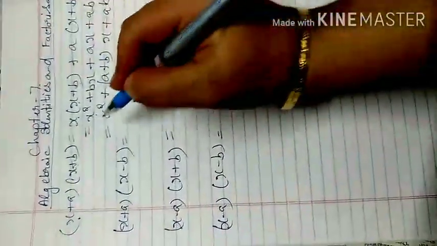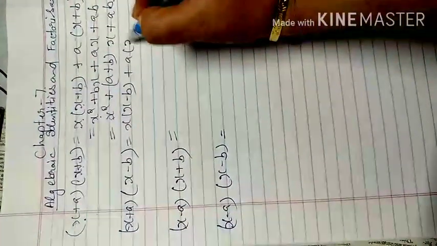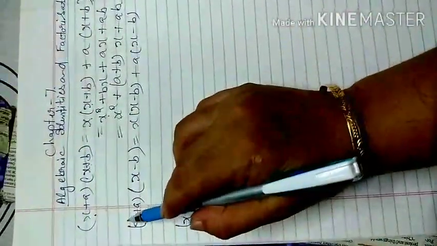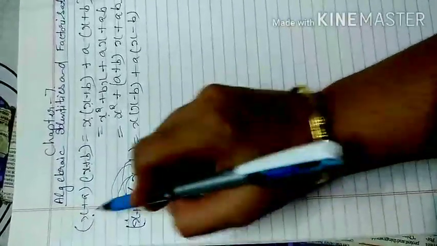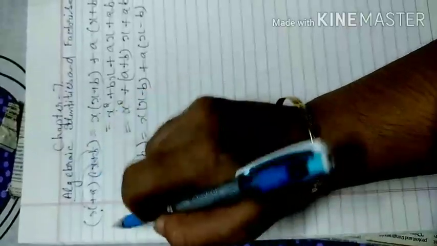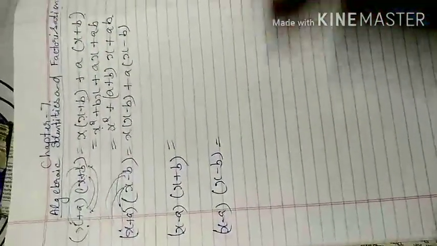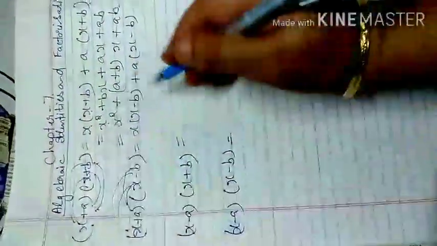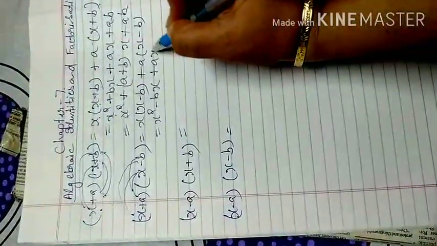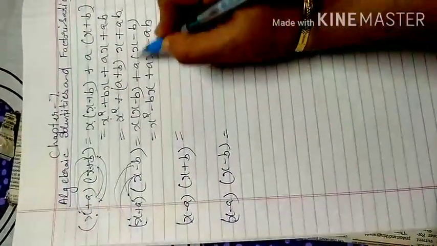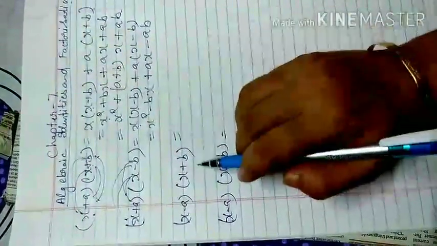Similarly, if the first term is the same, and of the two different terms one is positive and one is negative, how will you solve? Same way, open the polynomial x plus a, x minus b: the first term multiplies both, and the second term also multiplies both. You will get x square minus bx plus ax minus ab, because a is multiplied by both terms, and x is multiplied by x and minus b.